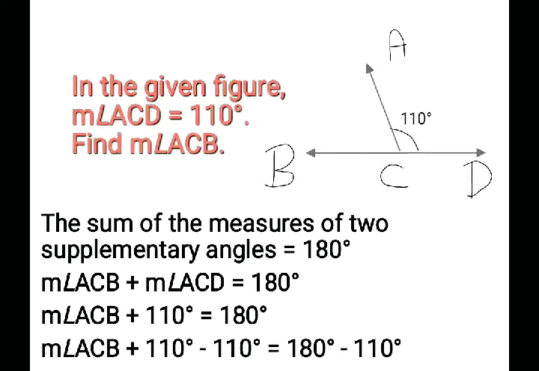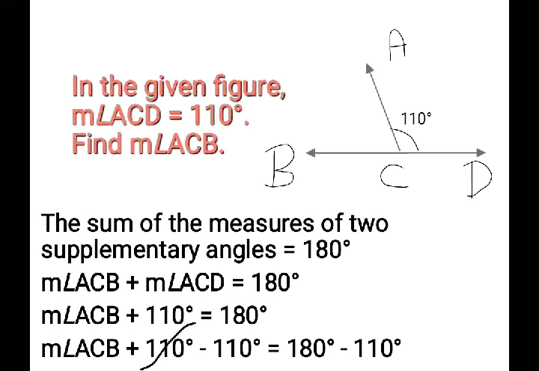That is measure angle ACB plus 110 degree become minus 110 degree is equal to 180 degree minus 110 degree. Subtracting 110 degree on both the sides. Left side which sign is there and which number is there, that only number you have to take on both the side. Okay, if you have left side which sign, you have to take the opposite sign when you want to solve like equation sum.